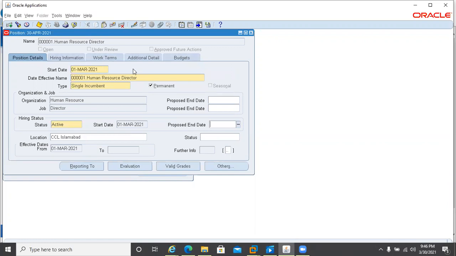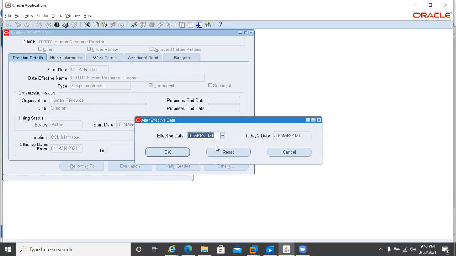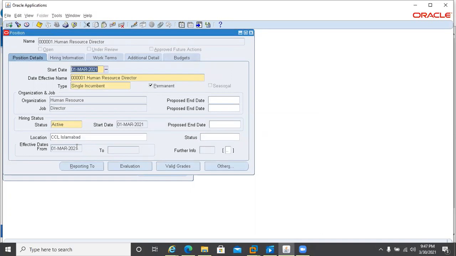Okay, let me find that position now, which you already created. Then, based on that same position, for the employee which you already created, we will attach that position to the employee. That is the one which we already created and attached. The second one is not coming. Why? On which date did you create the position?